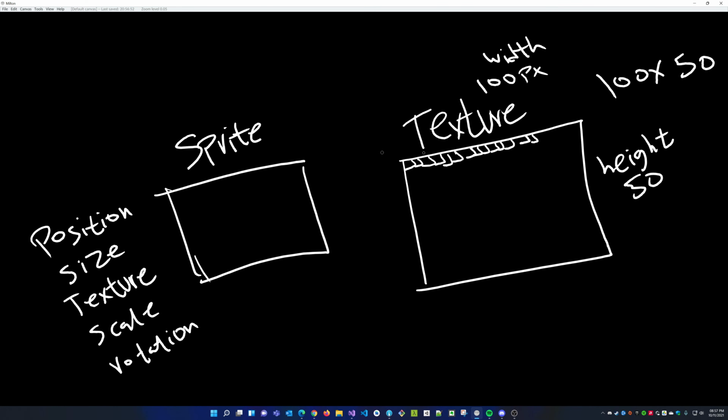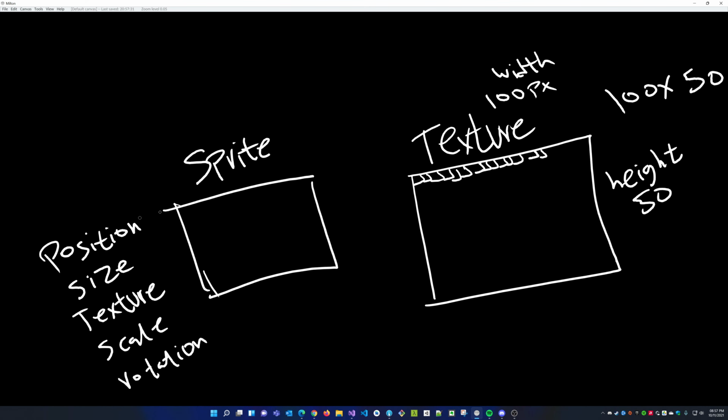So you can think of a sprite as literally a box, and we apply this texture on the box itself. In my case, this box is a sprite. We basically take this texture, this raw image of pixels, and we wrap it around this rectangle or sprite. And then we move the sprite using the position attribute or variable. We resize it, we scale it, we rotate it. We can do whatever we want with it, right?